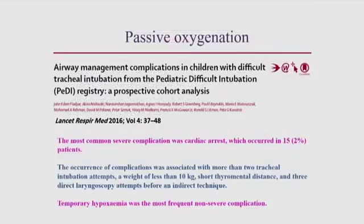So what we found on the first 1,000 children, there were 5 deaths due to difficult intubation. That is an incredibly high number, and that actually has scared a lot of us. And hypoxia is one event, one first start to go down this pathway, and that's why we as a group have been promoting the idea to, as soon as you realize that the intubation can be difficult, continue passive